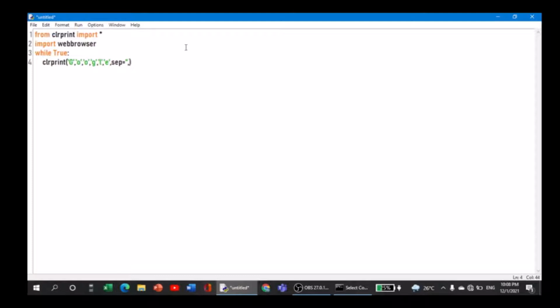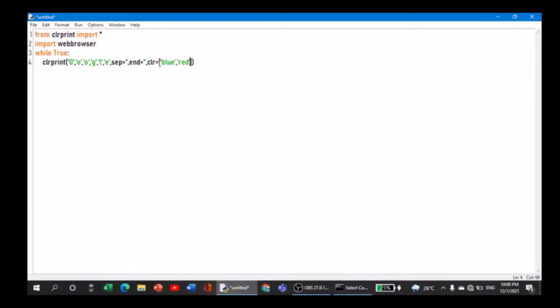And after that I'm giving end because I really don't want it to go to the next line. And I'm giving the colors. What color do I want? Now the color I'm giving it as a list because I have given multiple values over here for Google, so I'm going to give it as a list. And the one good thing about ColorPrint is that you just need to type the names of the colors like this, so there is not much encoding over here.